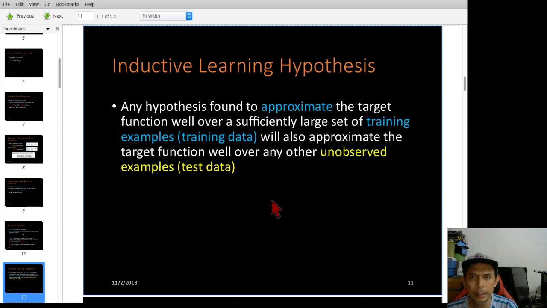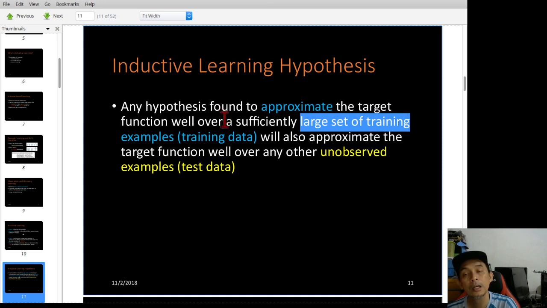So in the case of unsupervised learning, normally you are relying on very large training data, and then you try to find the function that is able to approximate the target function, and then based on that hypothesis, the assumption that the same function can be used for test data, meaning other data that have not been seen before.